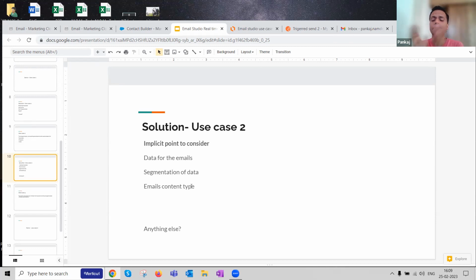Again, it comes into the boundaries of development, where with the help of AMPscript, you can do a lot of personalization, which is again not in the scope of this session, but certainly something that you need to ponder upon if there is a similar use case, and you can use AMPscript. It makes our case very easy. But again, remember, it's AMPscript, it's code.